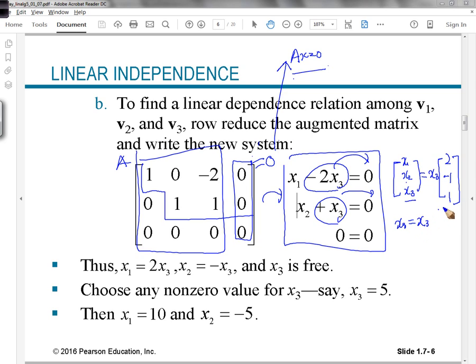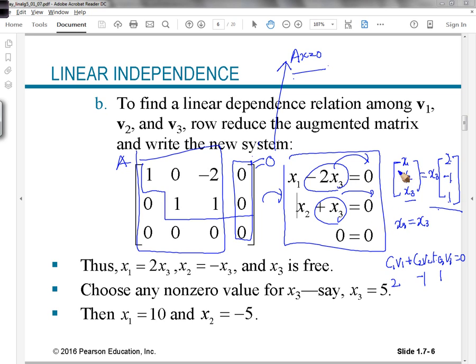So here there are infinitely many solutions, so they are definitely linearly dependent. And then when we have to find the linear dependence relationship, this solution 2, minus 1, 1 will be one of our solutions or coefficients satisfying C1 V1 plus C2 V2 plus C3 V3 equals 0, right? And then if we plug these into this form, it gives you one of the linear dependence relationships, right? So that's the answer.